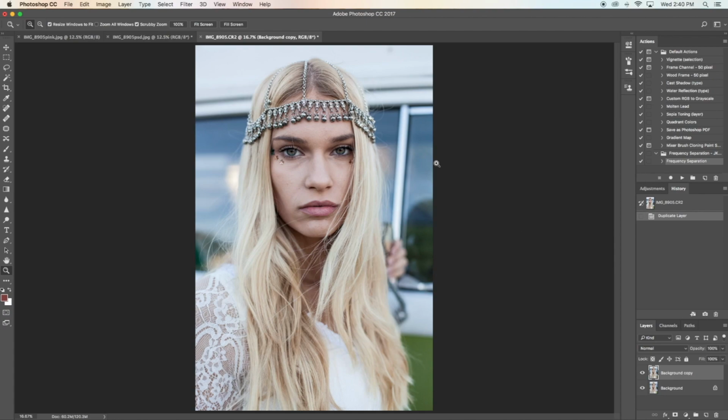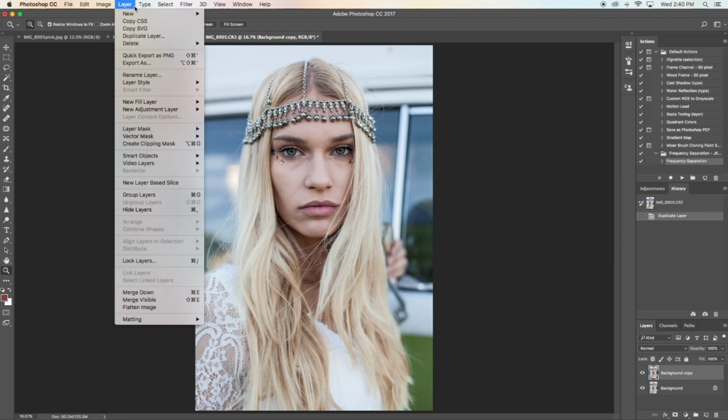Okay, so this is pretty much what the image looked like. I think the only thing I did was brighten it up a little bit, and I think that's it. So this is Katya. She's gorgeous. I'm just gonna use her as an example. The first thing you do is duplicate your layer. The second thing you want to do is